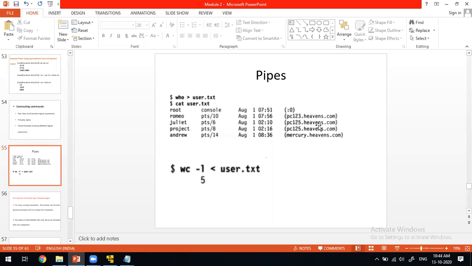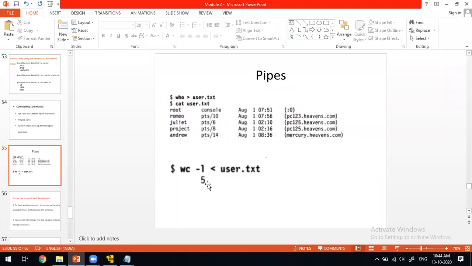Then you have seen the output. If there are many users, I don't count manually. I'll use wc -l, which will give you the line count. wc -l less than user.txt, the input is taken from user.txt. It is giving 5 lines, which means there are 5 users.